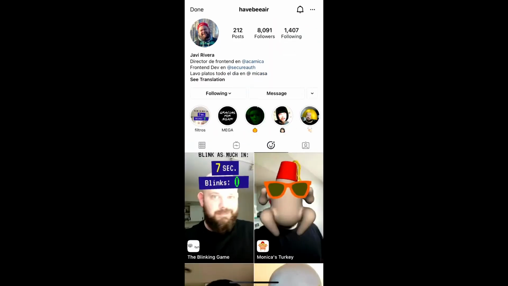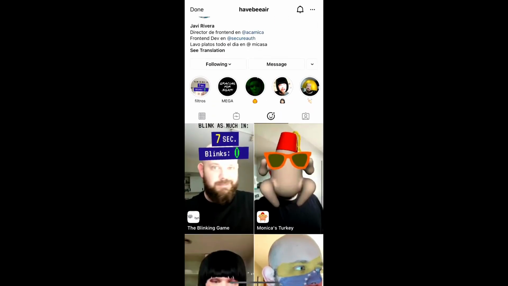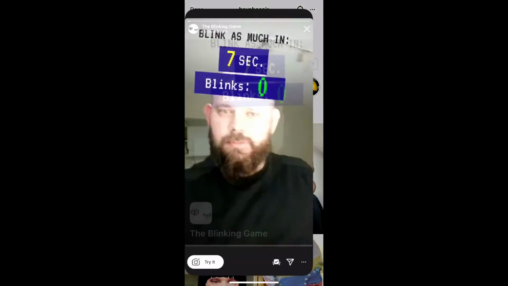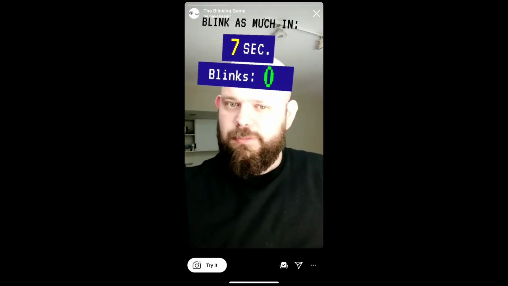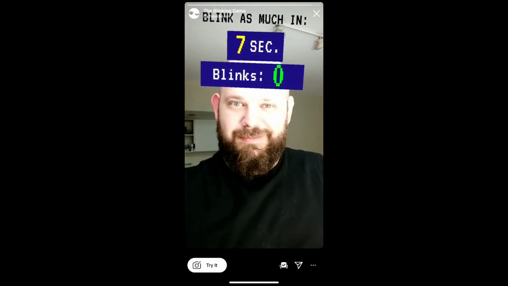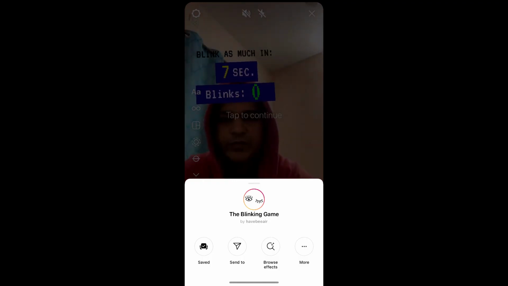Javi is the creator of this filter. You can follow him to unlock these filters to your Instagram camera tray. So check in his filter gallery, and this is the filter, the blinking game. Tap on it and you will see this preview. From here you can save it to your Instagram camera tray, and you can tap on try to try the filter. And suppose you are not getting the effect like this, then what you can do,